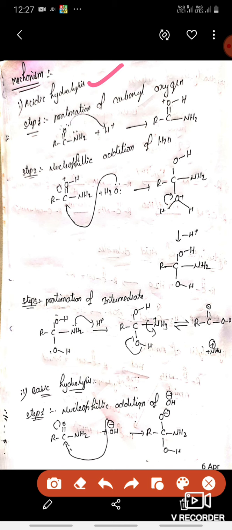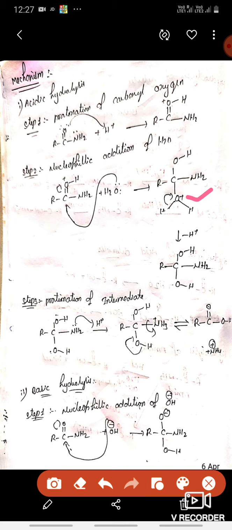In the next step, water is a nucleophile, and this nucleophile is going to attack the electrophilic carbon, and this bond is going to be shifted to the oxygen. Why so? Because carbon cannot have more than 4 bonds. So we get this one. Now after donating the lone pair of electrons, oxygen has the positive charge. An electronegative element cannot hold the positive charge.